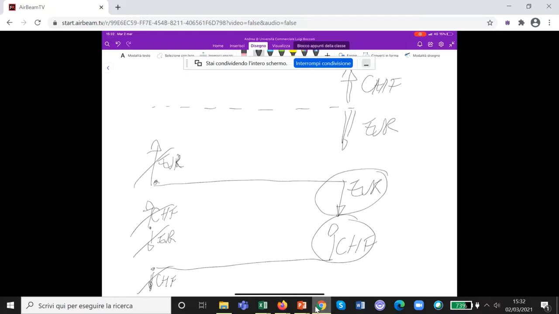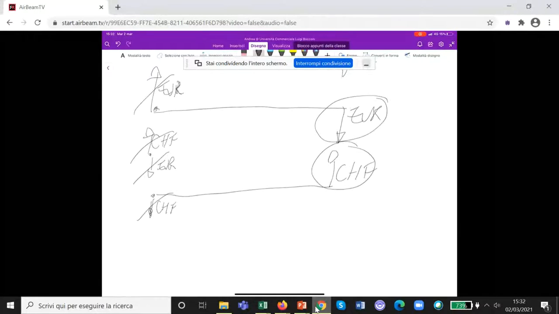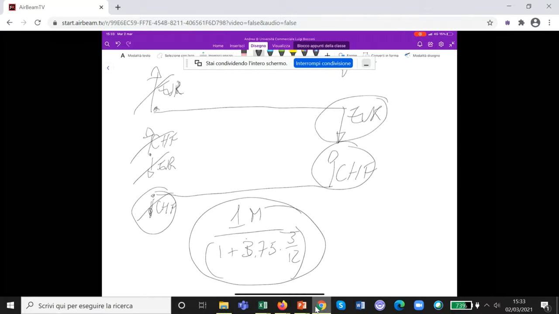In terms of amounts, how many euros do you have to borrow? First of all, how many Swiss franc do you need today? The present value of 1 million, using the interest rate on the Swiss franc, which is 3.75%, 3 months. Okay, that's the amount of Swiss franc you need to invest today. You have 1 million at the end of 3 months. Which means that the amount of euros you need to borrow today is this times the exchange rate, which is